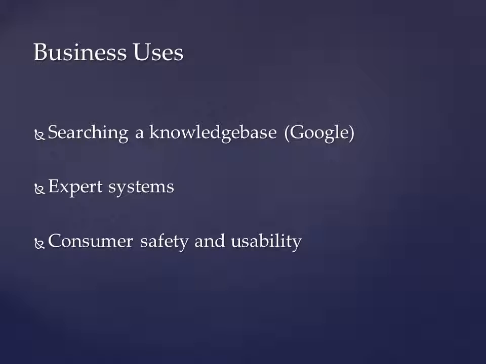Consumer safety and product usability is another huge example of how natural language processing can help a business. Think about how dangerous it is to type into a GPS navigation system while driving. Instead of endangering yourself with distracted driving, you can now simply say something like, "Hey Google, take me to the nearest gas station." And without having to take your eyes off the road, your route is calculated and changed.